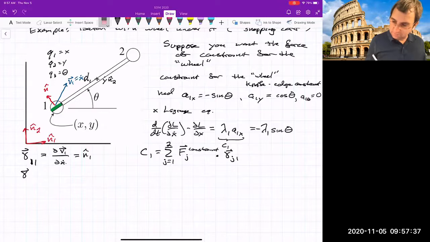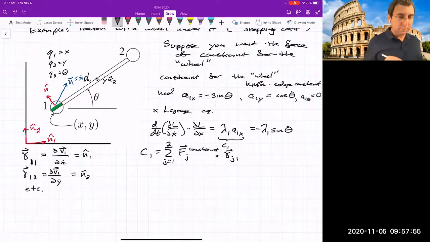As an example, gamma_12, partial v1 partial y dot, is N2, etc., to get the others. If you work out what this constraint force is, what you end up with is